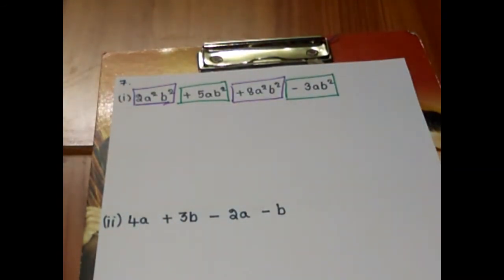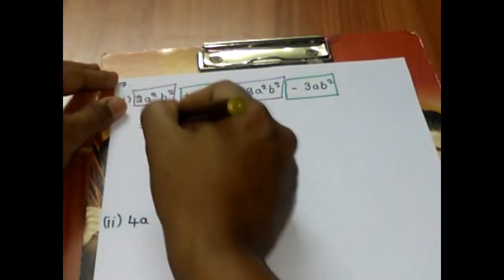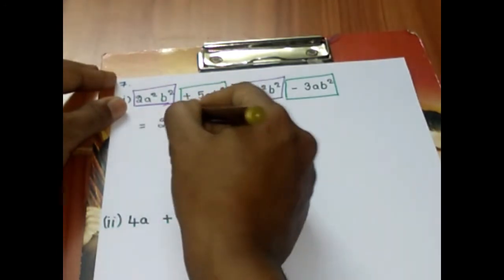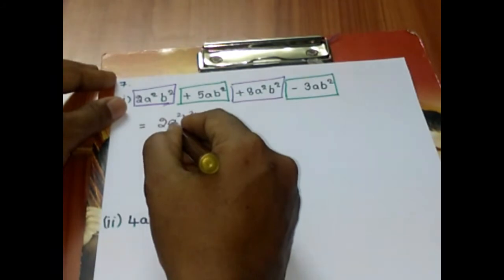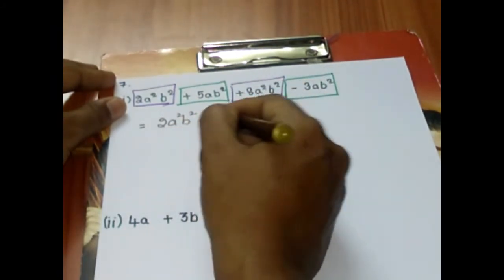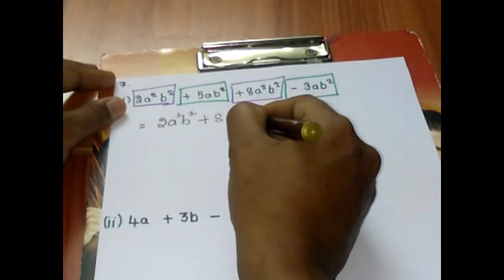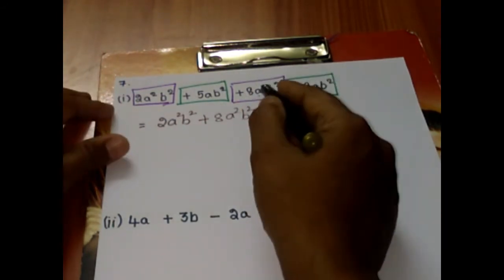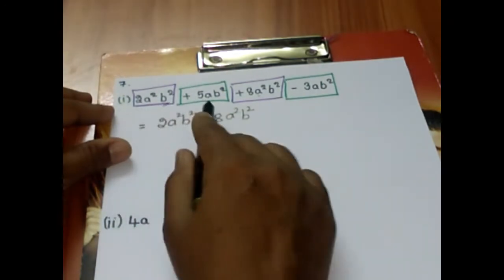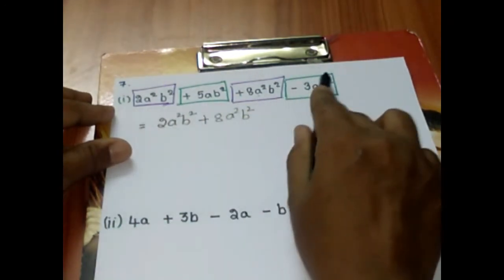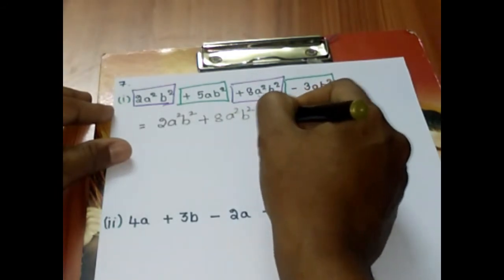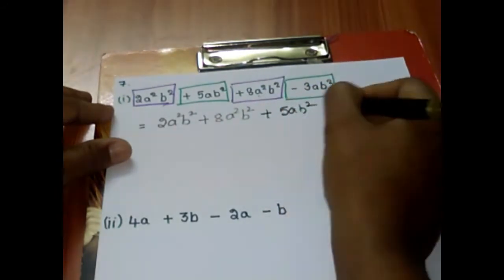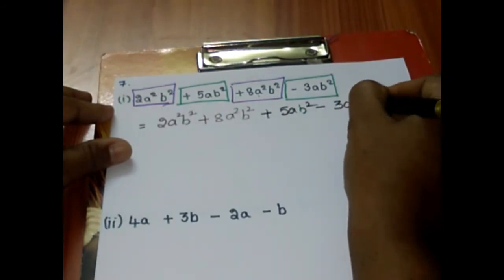Let's rewrite it with the help of their sign with group of two like terms. First consider the first one, 2a square b square, which belongs to the same group, that is plus 8a square b square. So once you have grouped, while writing it in an order, please don't skip the sign. Carry the terms along with its sign. Just notice how I have blocked with the box so that it belongs to the same sign. Next, plus 5ab square minus 3ab square.